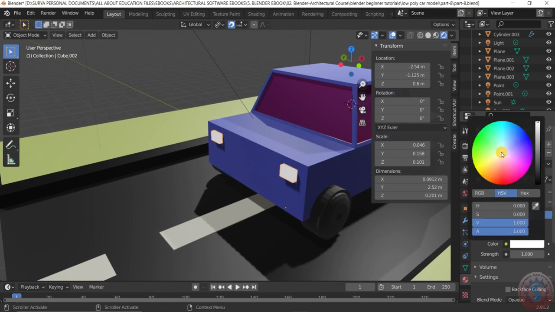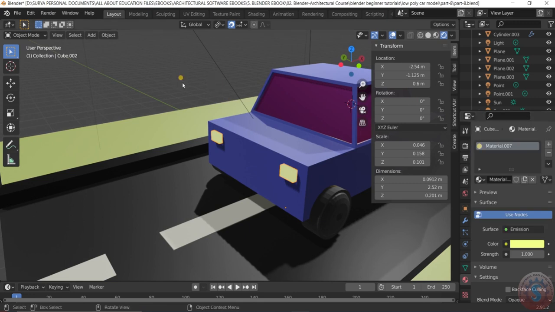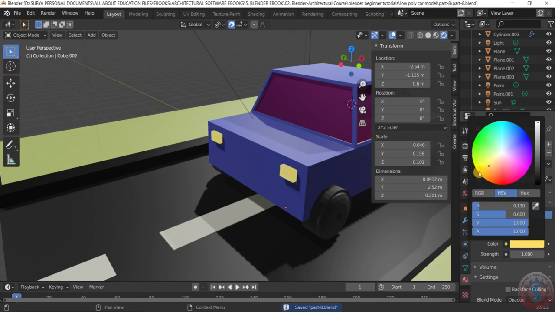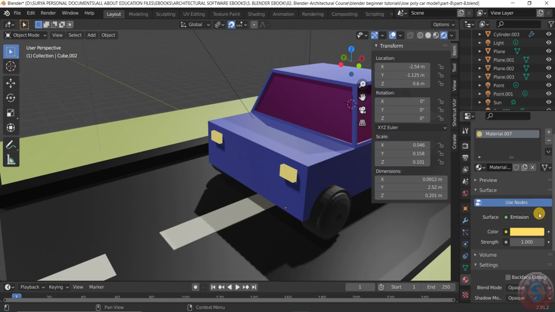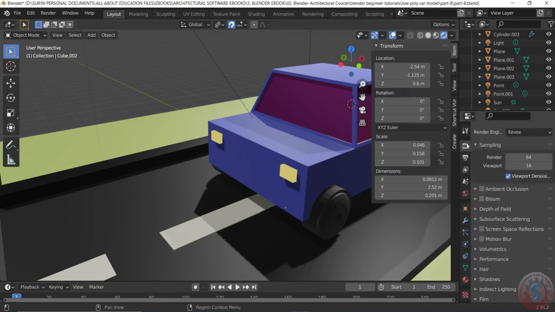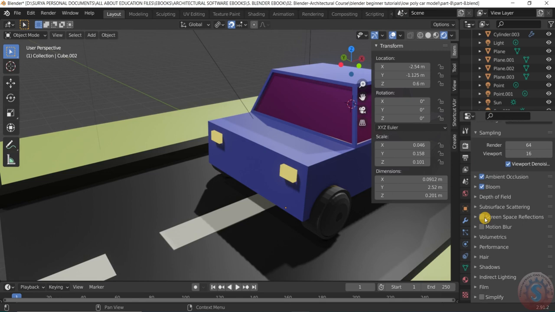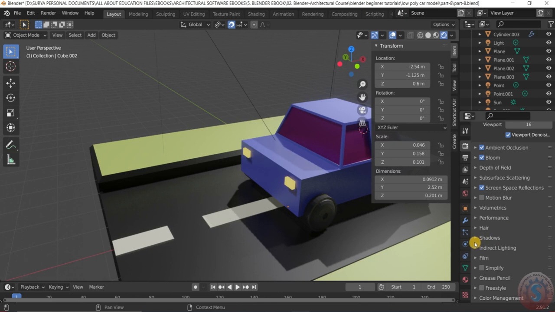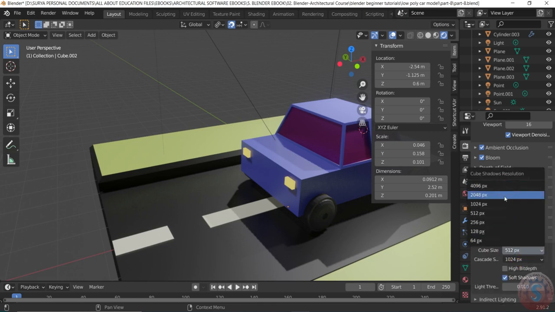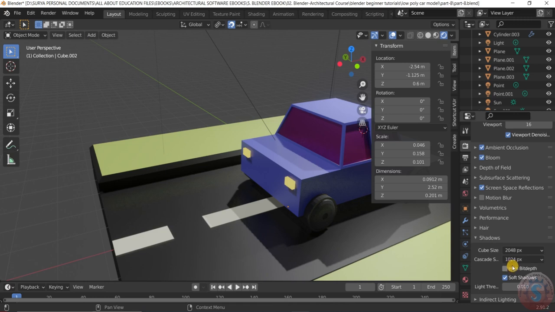I want to change the color to somewhat yellowish, what I gave to that, and save the file, or to a darker yellow. After Emission, don't change anything here, and to emit, go into the Eevee rendered view, then go into ambient occlusion and the bloom effect, and give the screen space reflections here. It is reflecting, you can observe, and set the shadow part to 2048px or as you wish, and the high